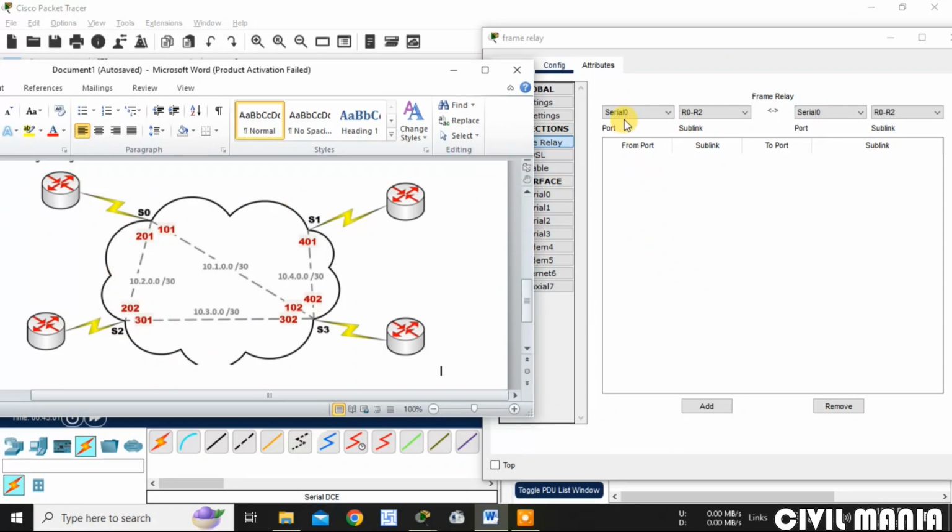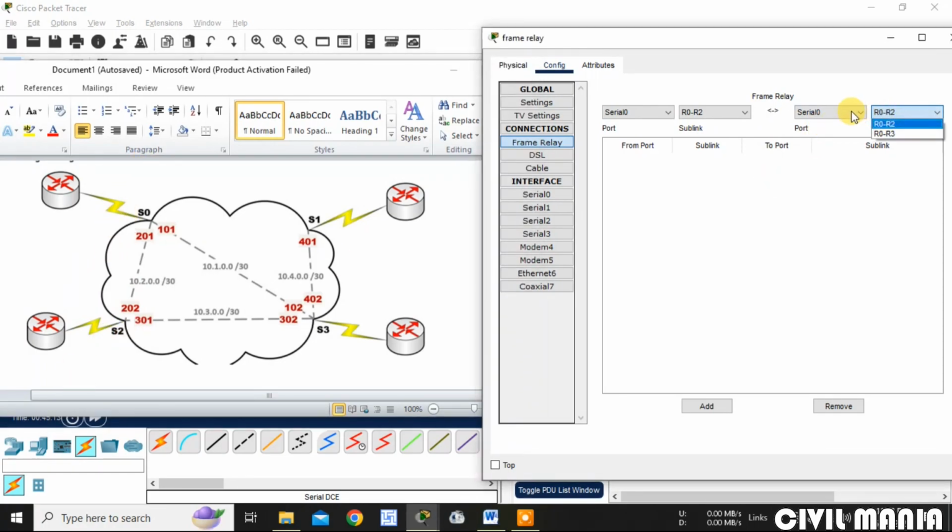In the serial port, here serial 0, router 0 to 2, and here I will select router 2 to 0, and 2 to 0 will be present in serial 2. Add 0 to 2 and 2 to 0.